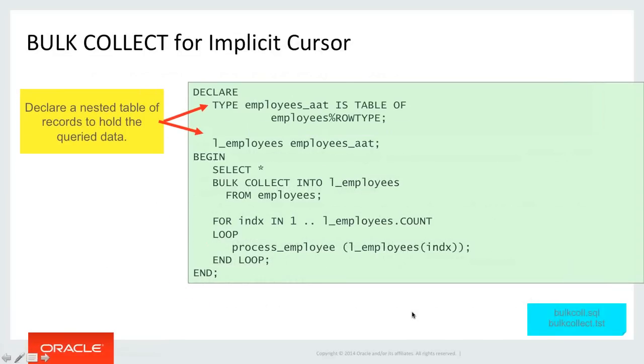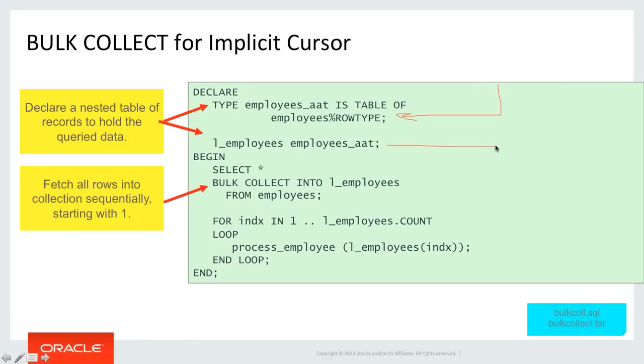So here's a very simple piece of code that demonstrates the power of this feature. I declare a nested table. It's a table of employee records. I'm emulating my employee table very easily. I declare my local variable. My select statement simply adds the words bulk collect in front of into. And then I provide the collection, and that gets me all the contents of the employees table, and drops it